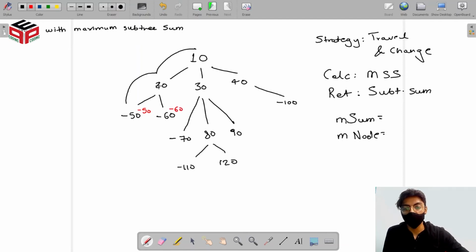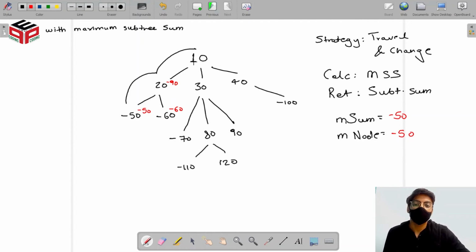Then we go to the root. At the root, we already have the subtree sums of all of its children. Children here being minus 50 and minus 60. We have minus 110 with us. To that we add 20. So we get a value of minus 90 as the subtree sum here. Of course, at each moment we'll be updating the maximum subtree sum. So in this case, it will be minus 50, and the maximum node that it is found at is also minus 50. We go to minus 60. Since it's lower than minus 50, we don't update it. Same goes for minus 90. These are our values at the moment.